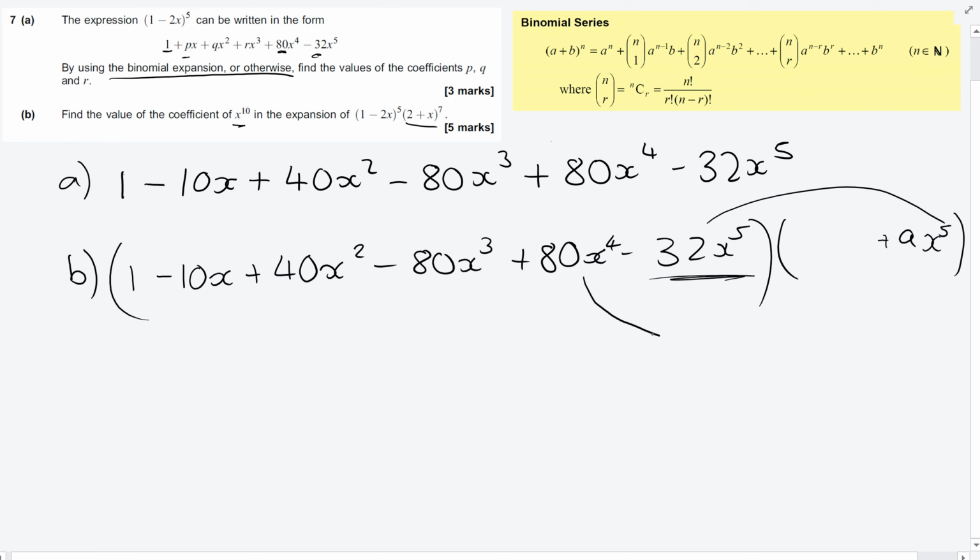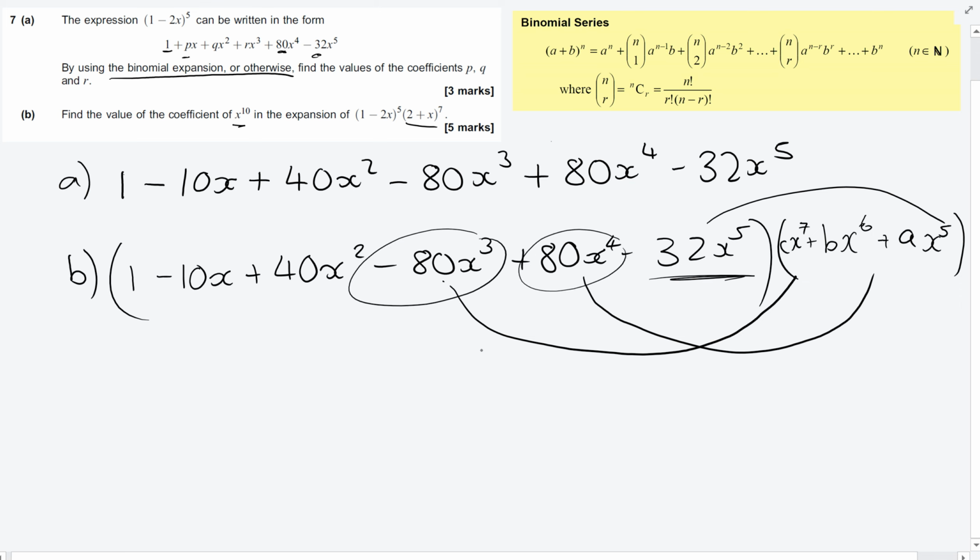We're also going to be multiplying by this term, x to the 4. Well, that's going to be times by x to the 6. So we're going to have some b number of x to the 6's. And finally, we've got our x to the 3, so we need to know what the x to the 7 coefficient is, because x to the 3 times x to the 7 gives me x to the 10. So I need to know these three coefficients from 2 plus x to the 7, and once I know those three terms, I'm going to be able to work out what I'm multiplying minus 80 by, plus 80 by, and